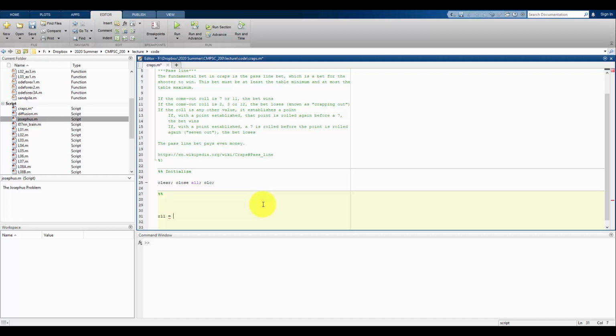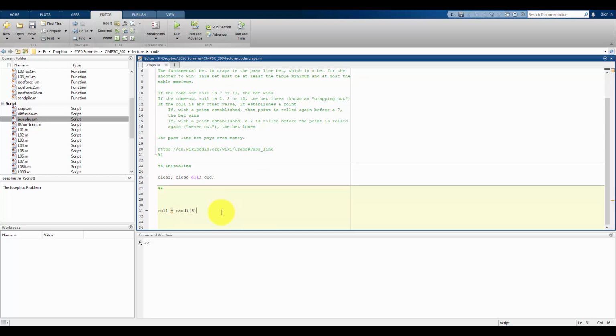All right, I'm going to call this, I guess I'll call it roll here. Now each die can only have a 1, 2, 3, 4, 5, or 6. We have these discrete values here, and there's going to be 2 of them. So the rolling of one die, I'm going to simulate with randi. I want a random integer from 1 to 6. So if I keep running it with evaluate selection here over and over again,